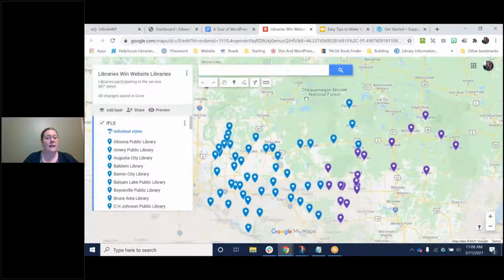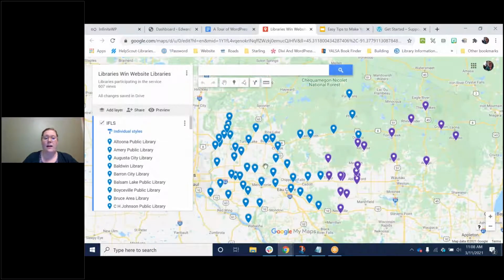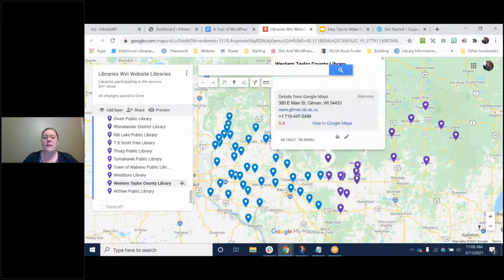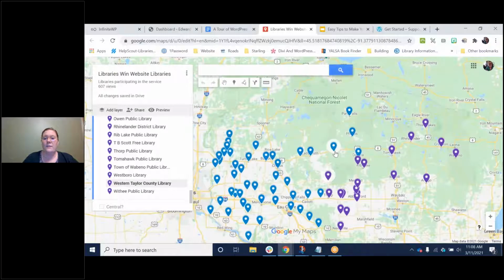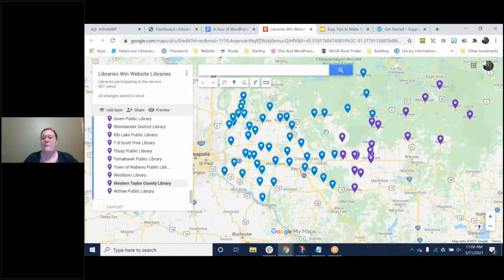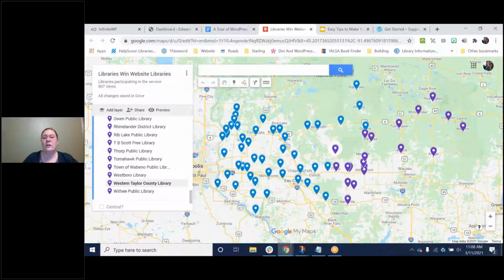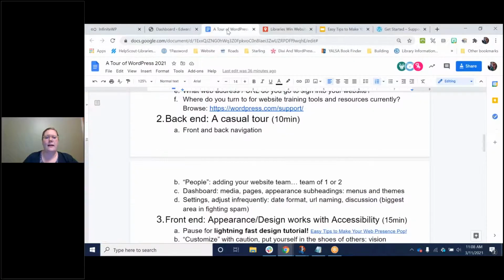I follow a lot of libraries on Facebook and Instagram, but it's also a good idea to check out their website to see if there's ways that you can improve yours, or say, oh my gosh, we provide that, we need to highlight that.